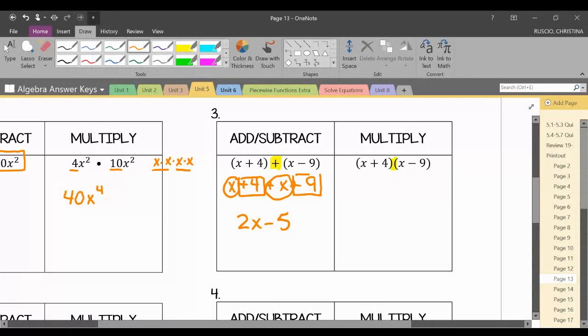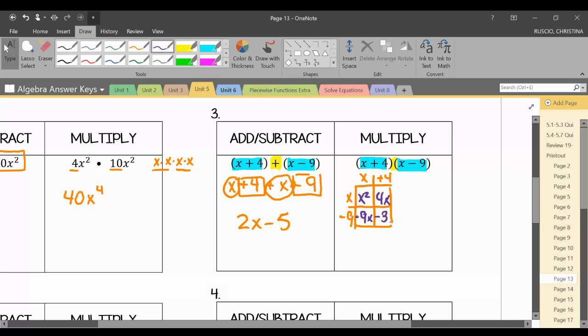When we're multiplying two binomials, so here I've added a binomial plus another binomial, here we're multiplying a binomial times another binomial. And if you're thinking we should use the box method to help us, you, my friends, are correct. So what we're going to do is set up the box, kind of like the Punnett square that we see in science class. X plus 4 all times x minus 9 just means that we're going to do 4 multiplication problems. So x times x is x squared. X times negative 9 is negative 9x. 4 times x is 4x. 4 times negative 9